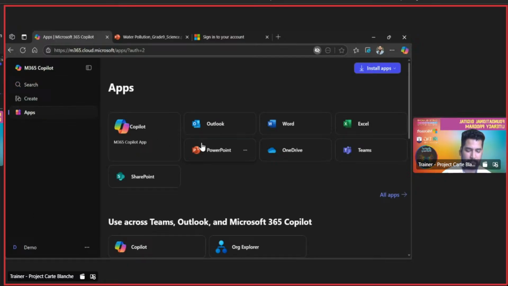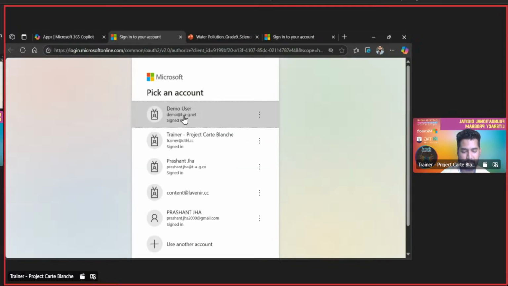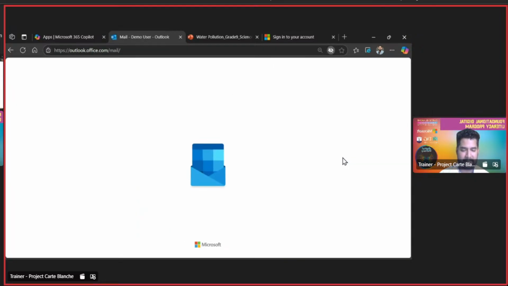I will go back to my application, like Outlook, where I can receive the mail. Now, I would have sent a mail from a different ID, and I told you it will go to the SMTP server. It will check where it has to reach, resolve by DNS, and it will come back to my mailbox. So if I go back to the inbox of my demo account,